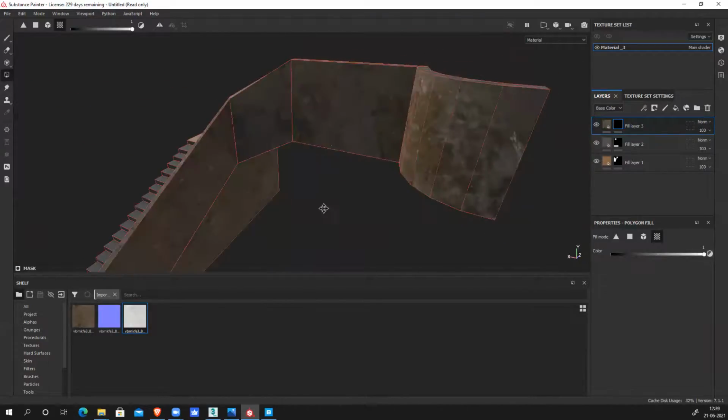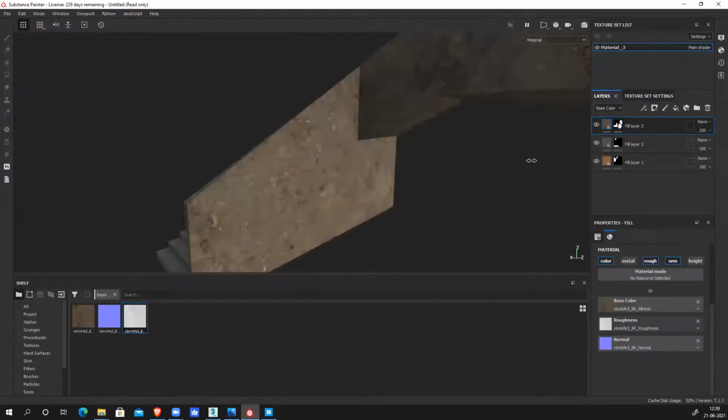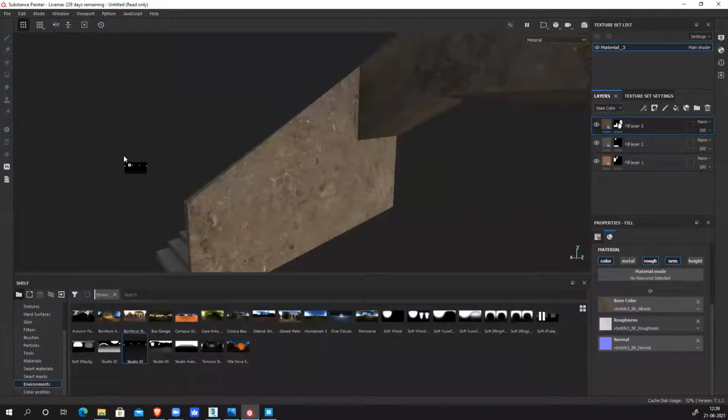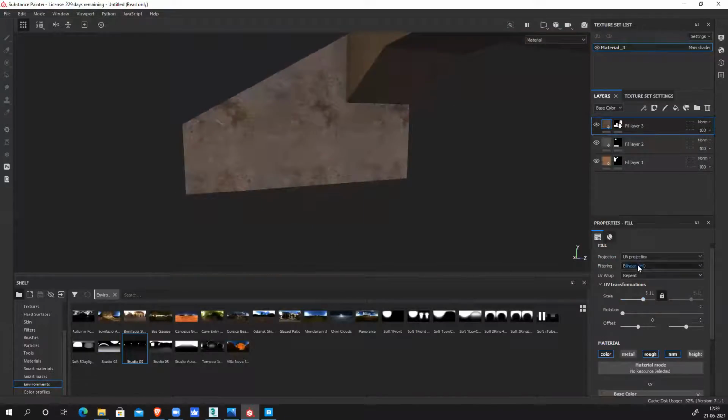So with everything textured, I can modify the lighting and everything. Make sure you apply Studio 3 and tiling. I need to increase it. You can see if I increase too much, I can see the tiling very clearly. So I won't do it.